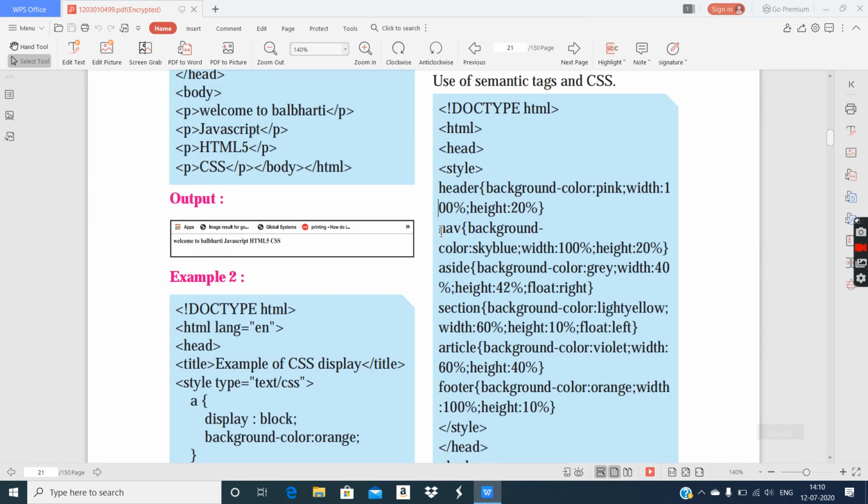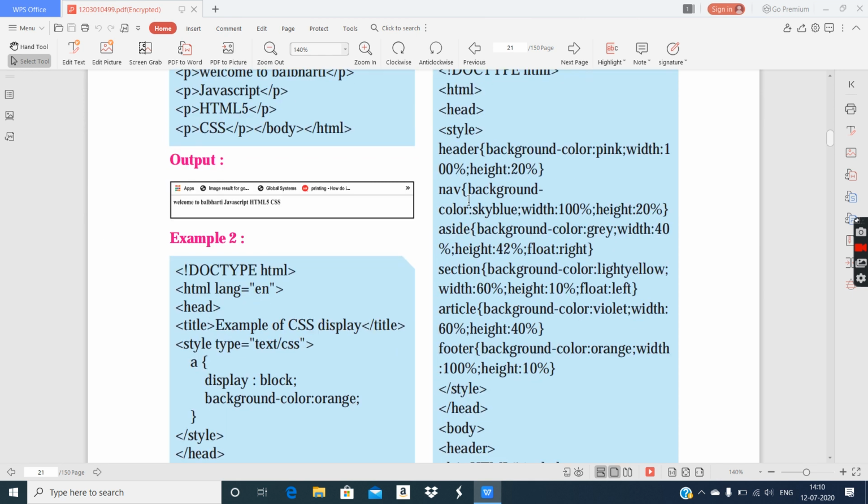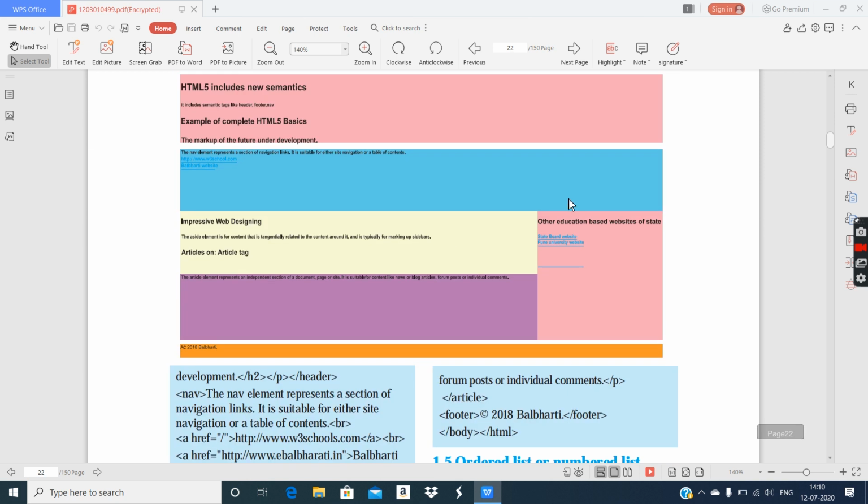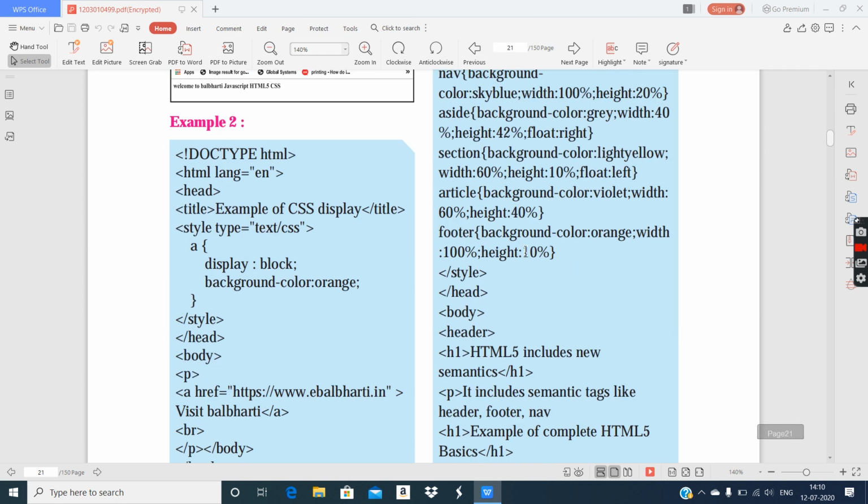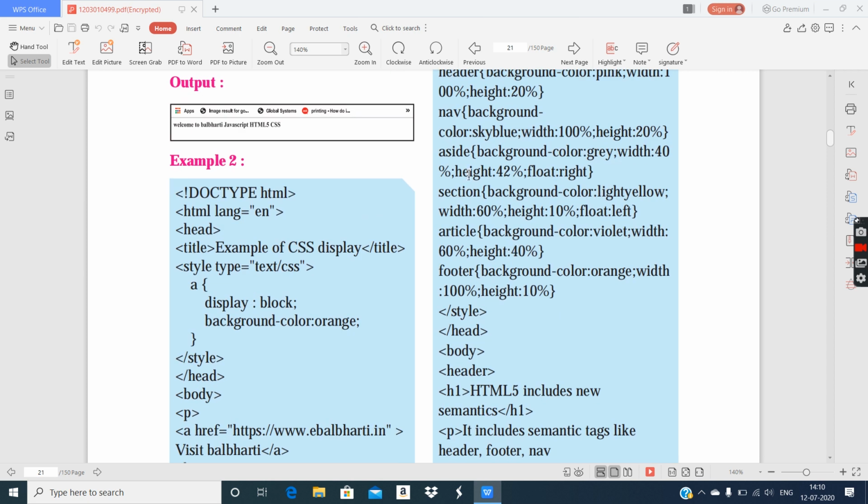Okay, then we have nav, which stands for navigation. Background color sky blue, width 100%, height 20% again. Then we have the aside section. Aside is this one. Aside is displayed like a sidebar. But it totally depends upon height, width, float.